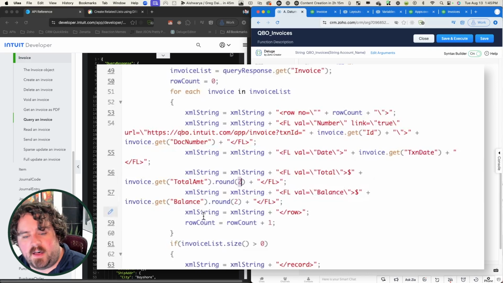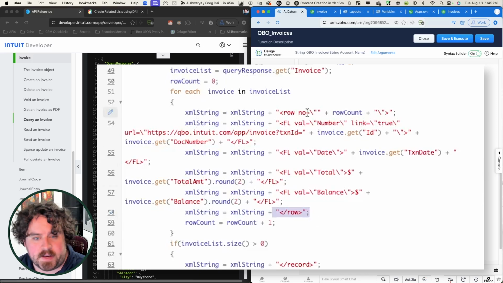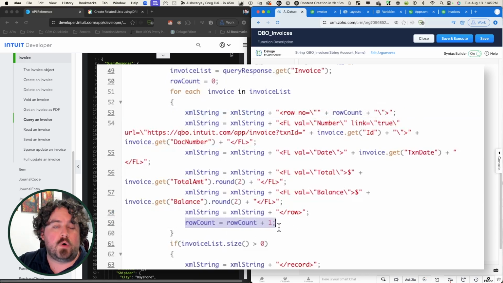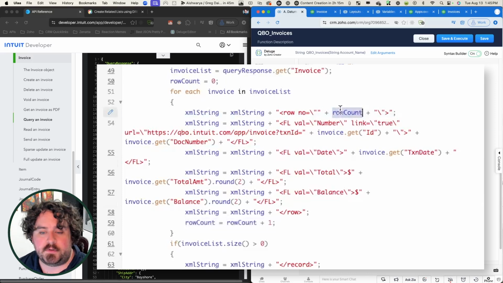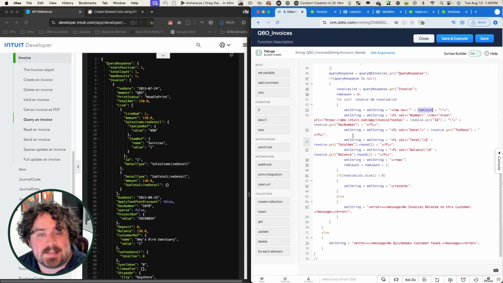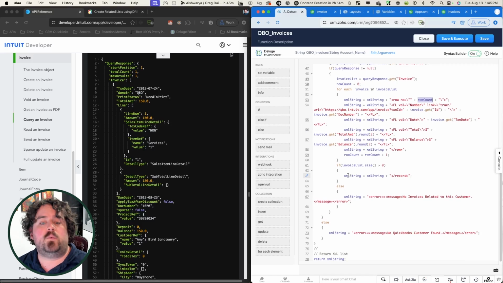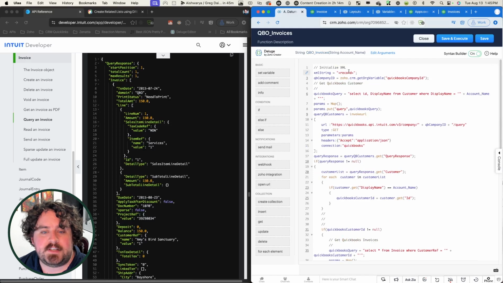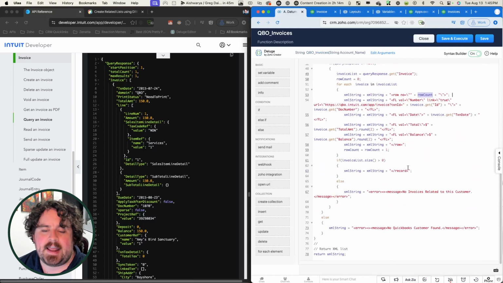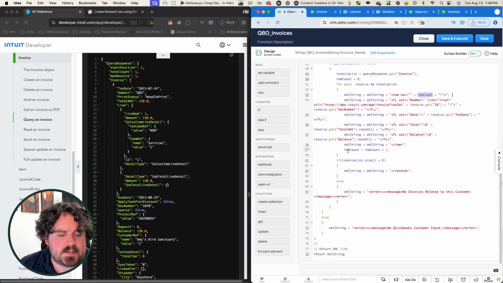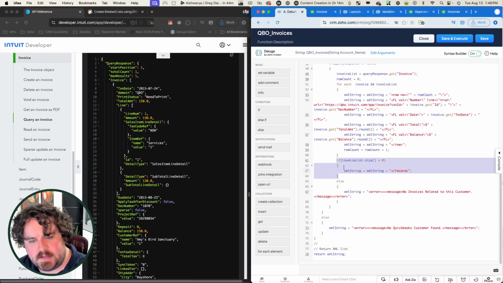And once I'm done with the columns that I want to add here, I close out the row tag that I started up here. And then finally, we need to increase our row count variable by 1 so that the next iteration that this runs, this row count variable will be updated with the next number. Finally, once I've been through my entire list, so my for each loop is done, now we get to close off the last bit of our XML string. So remember, we put this record tag up here at the beginning, so now we just have to add a closing record tag here. Now notice, what I'm doing here is I've put it inside of an if statement saying